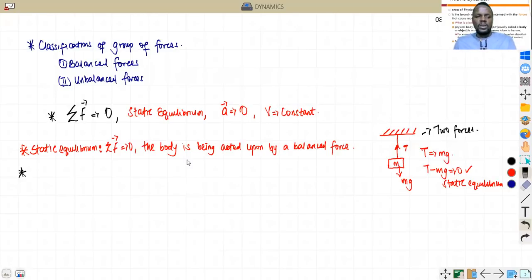Let's keep down a note, which I think is important. We can say, when a body is under the state of equilibrium